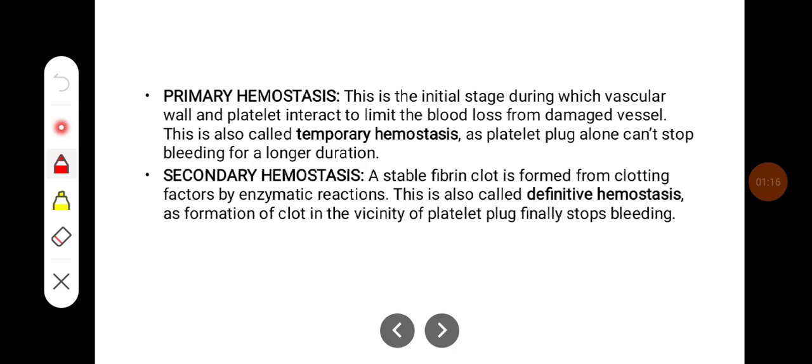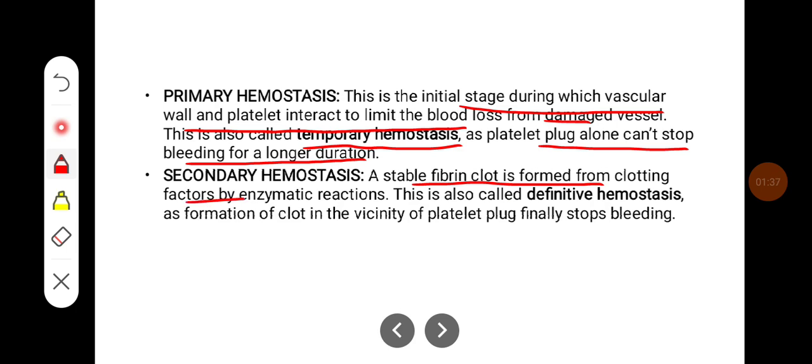Primary hemostasis is the initial stage during which the vascular wall and platelets interact to limit the blood loss from the damaged vessels. This is also called temporary hemostasis, as a platelet plug alone can't stop bleeding for a longer duration. Secondary hemostasis is a stable fibrin clot which is formed from the clotting factors by enzymatic reactions. This is also called definitive hemostasis, as formation of the clot in the vicinity of the platelet plug finally